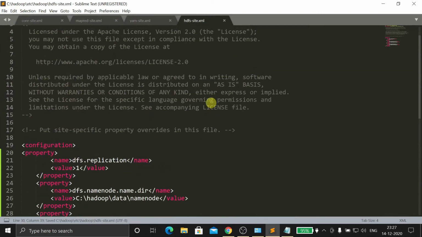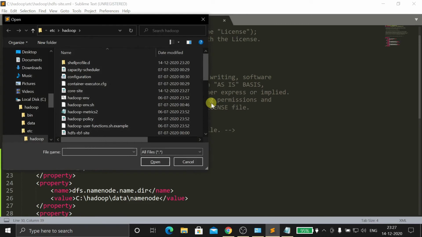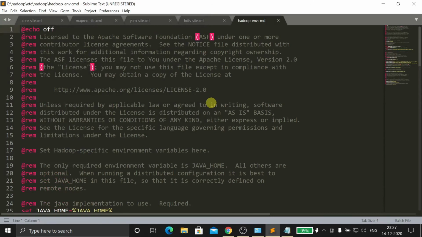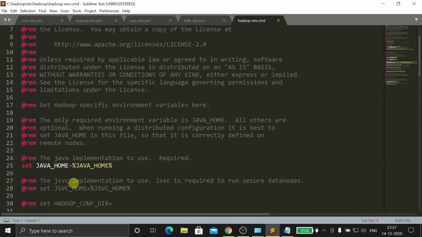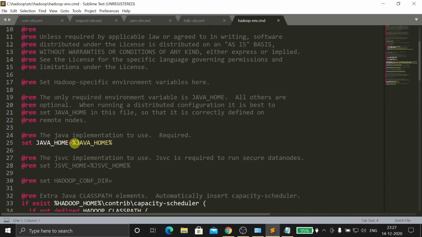Now we need to open another file, the fifth file, Control O, Hadoop env.cmd. Here we need to set the Java home path. Just remove this.